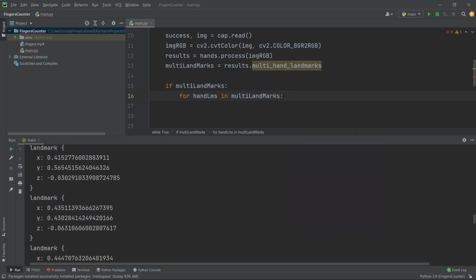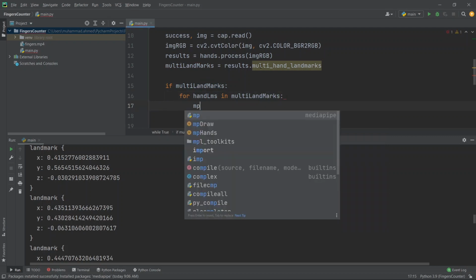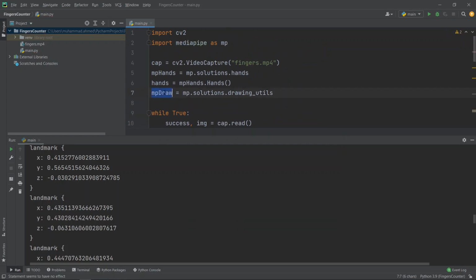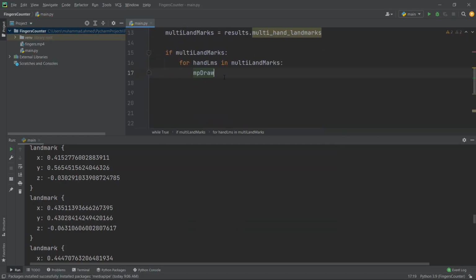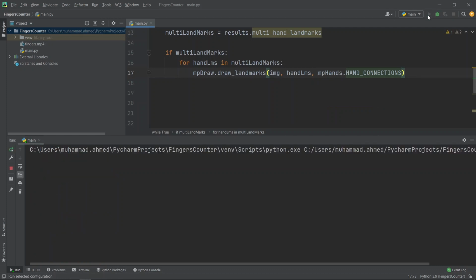After iterating, we simply use this draw utility to draw on the identified hand landmarks. So we will go for mpDraw.draw_landmarks, and inside that we will provide the image on which we want to draw. Then we will provide the hand landmarks. Then we will go for mpHands, and from here we will ask it for the hand connections because we want it to be connected. Now if I run it, you will notice that